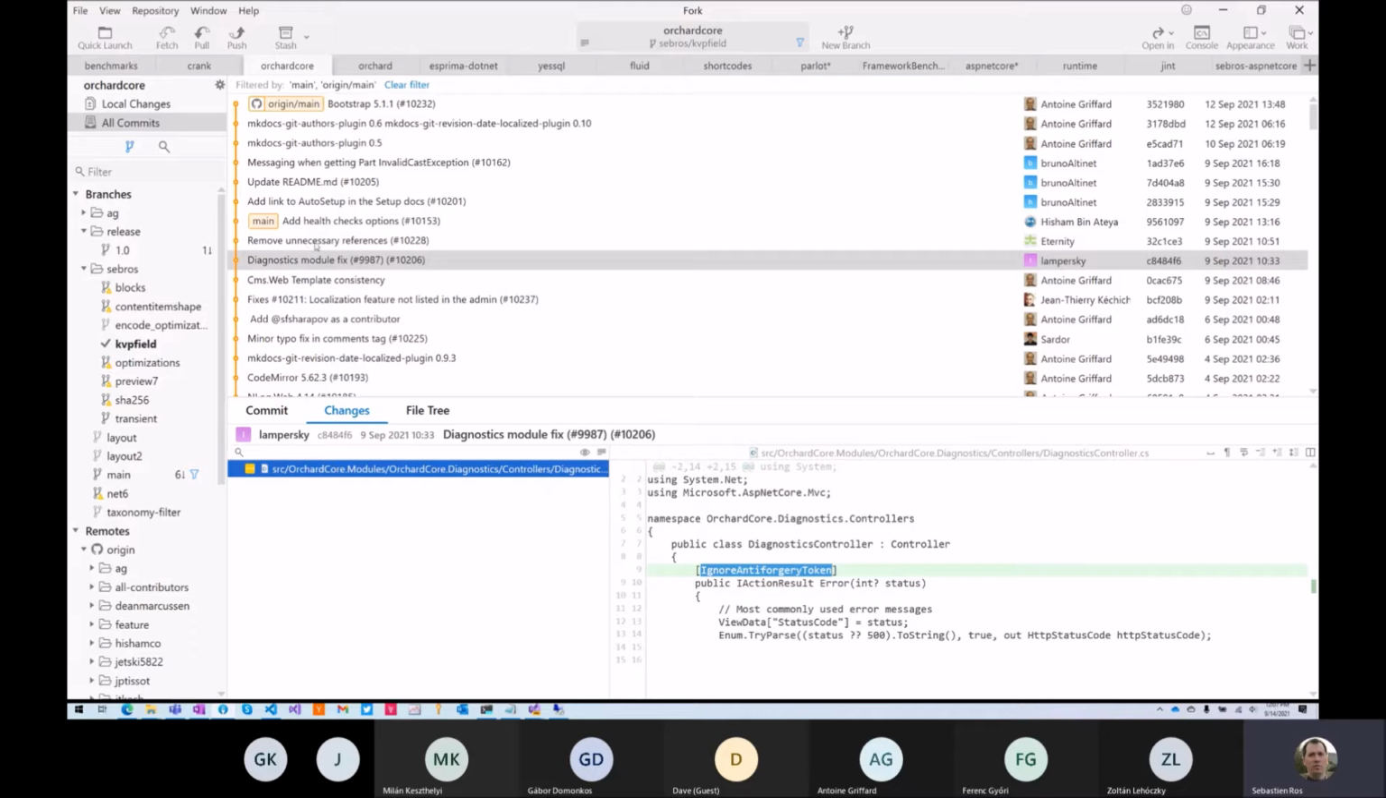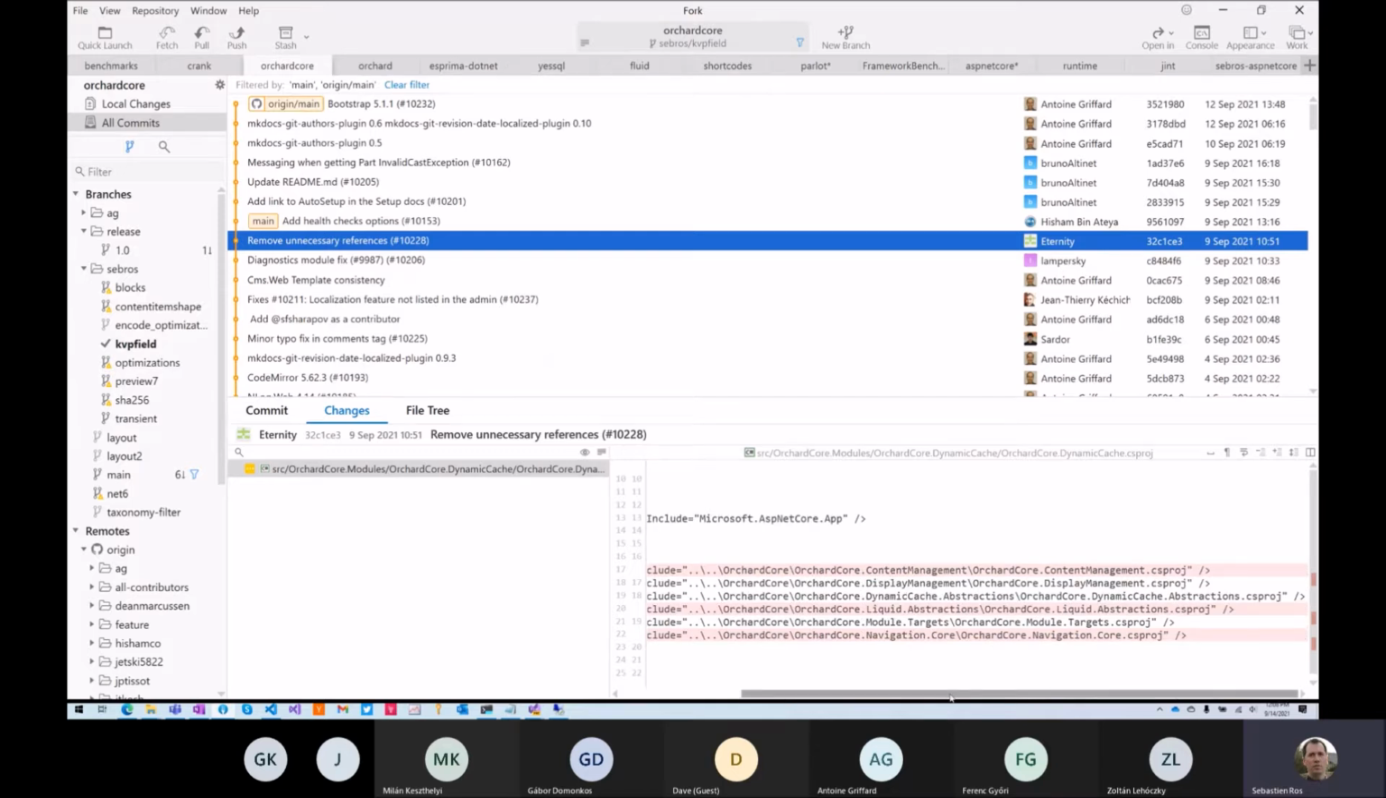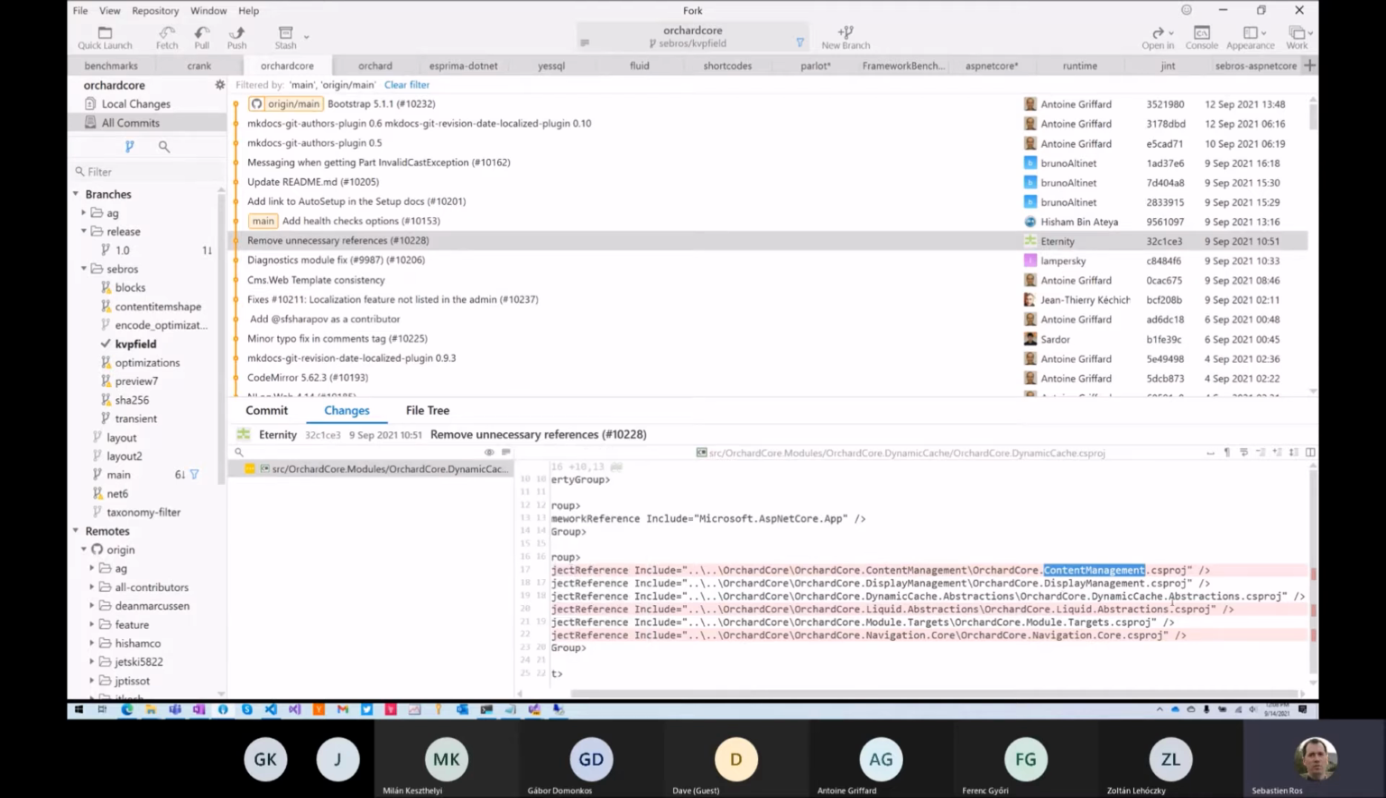Diagnostics, PR from Member Sky. Remove unnecessary references. I explain why we don't usually remove the unnecessary references, because they might be necessary. It's just that they are also included transitively by other references. Like maybe display management is including liquid abstractions, right? So just referencing that will give you liquid abstractions. But that's kind of wrong, because if your module is directly dependent on liquid abstraction, we should add it still, even if it's included in display management, because maybe tomorrow display management won't need liquid abstraction anymore and will break this module. In this case, they check that it was not used directly